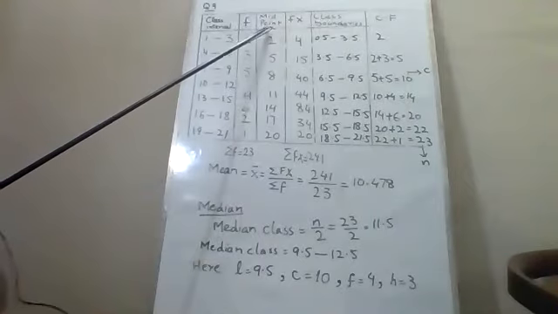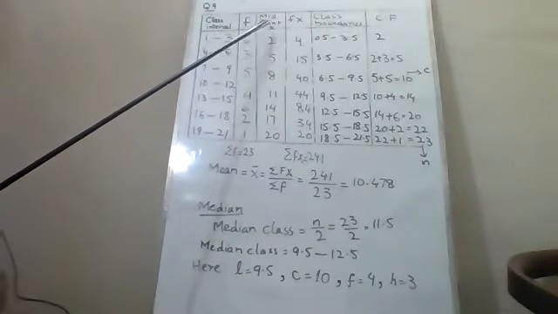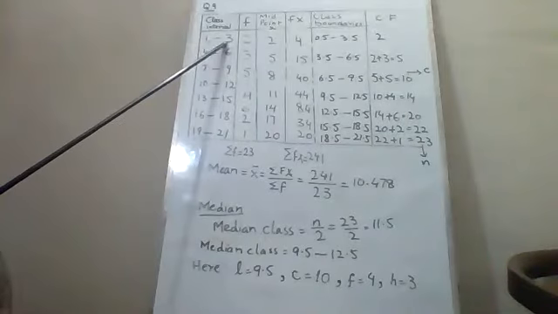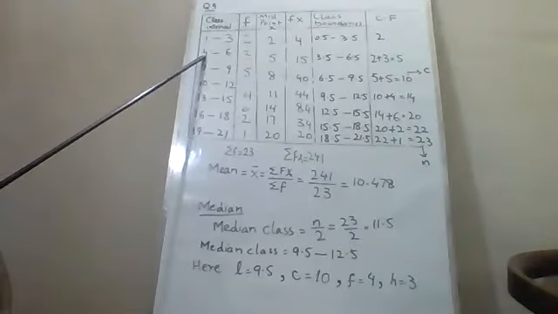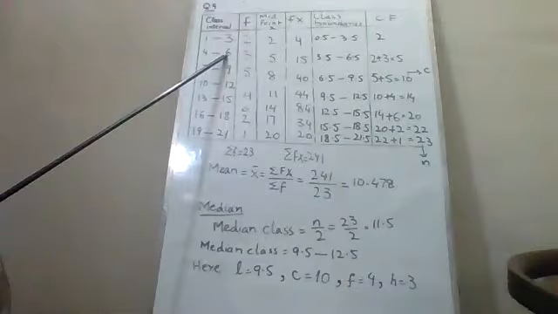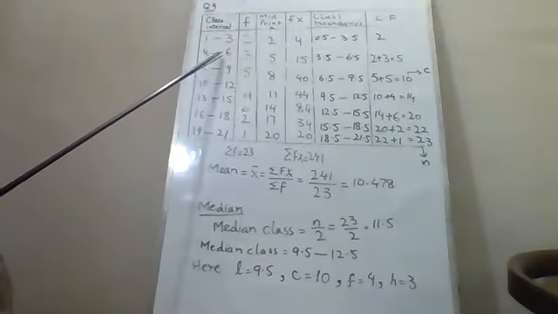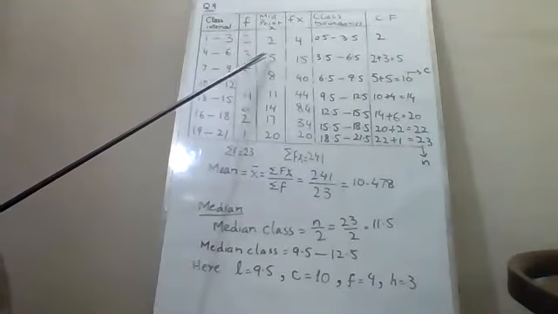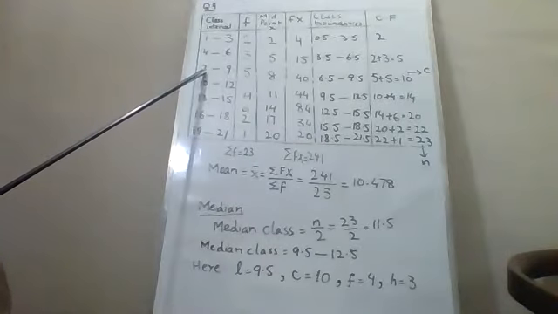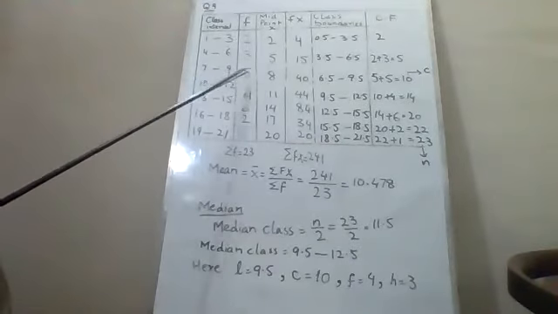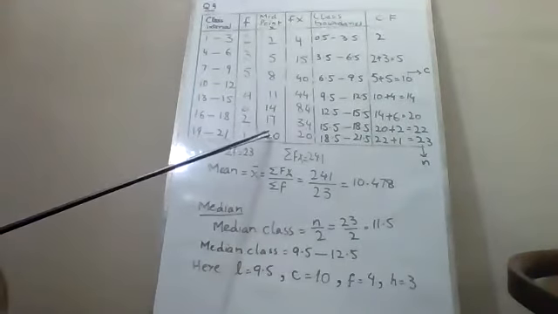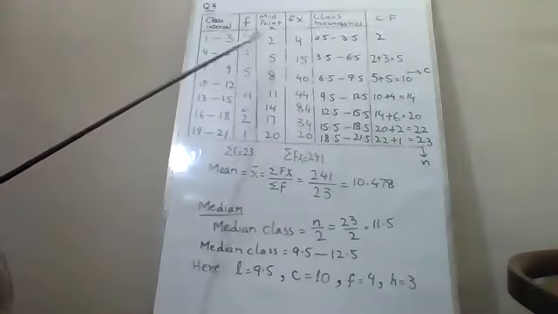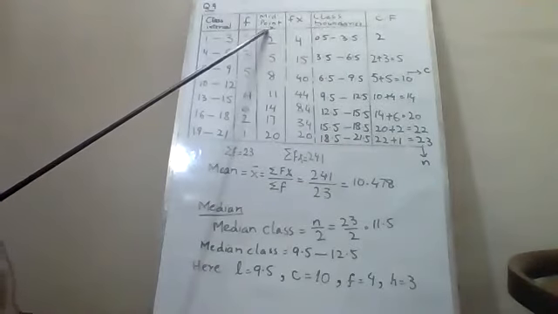Midpoint, we will find the midpoint x. How we find the midpoint x? We will add 1 and 3. 1 and 3 is 4 and divide it by 2. When we divide 4 by 2, it is 2. Now, for the second midpoint, add 4 and 6. It is 10 and divide it by 2. So when we divide 10 by 2, we get 5. Similarly, the midpoint of 7 and 9 is 8, and then 11, 14, 17 and 20. These are the midpoints. Midpoint is represented by letter x.